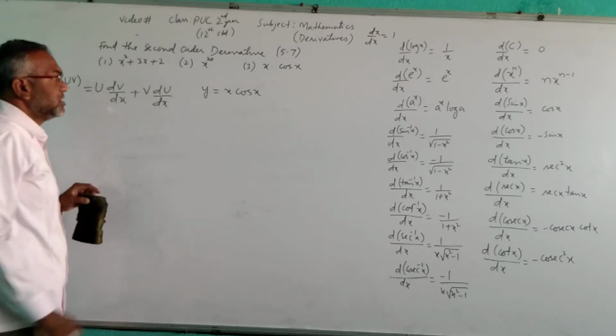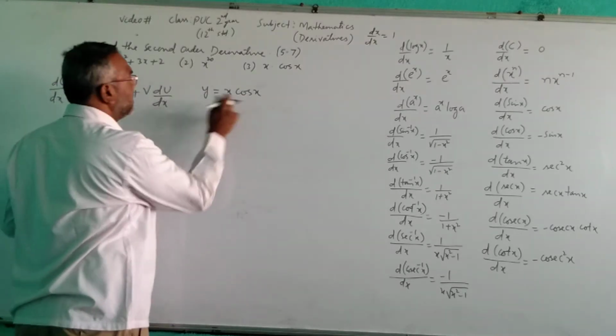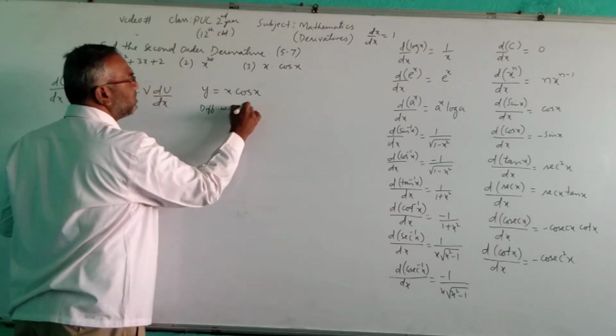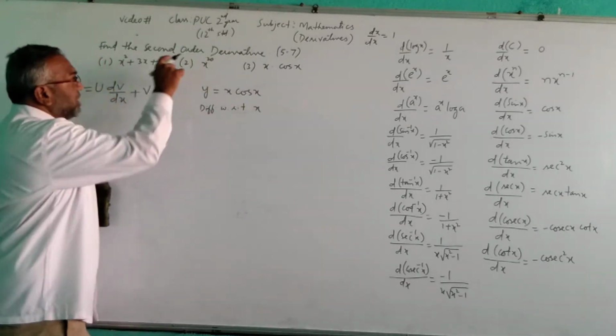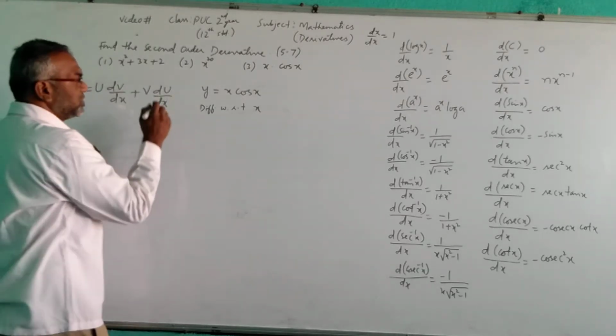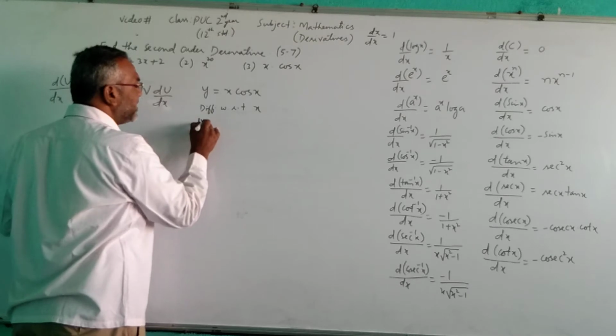UV formula, right? This is u, this is v. So differentiate with respect to x. Don't forget that we have to differentiate two times, second order derivative. So first we will differentiate once, then again we will differentiate, right? So this becomes dy by dx will be equal